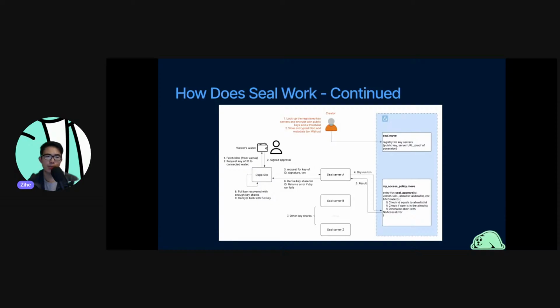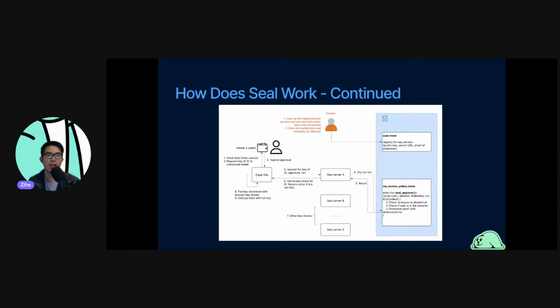This happens on the client side and doesn't actually need any on-chain transactions. The user only needs to sign this every 10 minutes or so, depending on the session, which makes retrieving multiple decryption keys more efficient. If you have multiple files that you want to retrieve, you only need to sign this